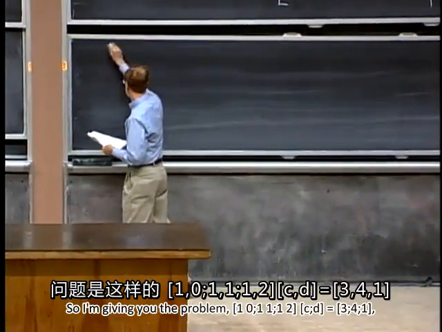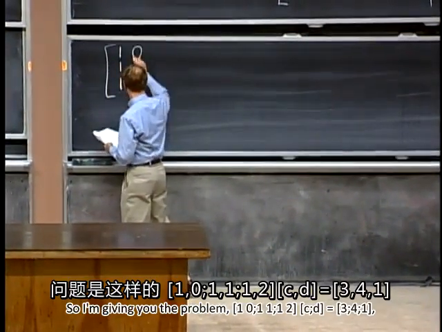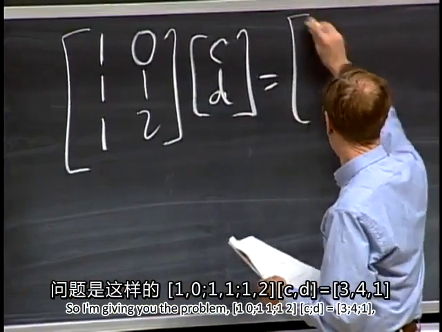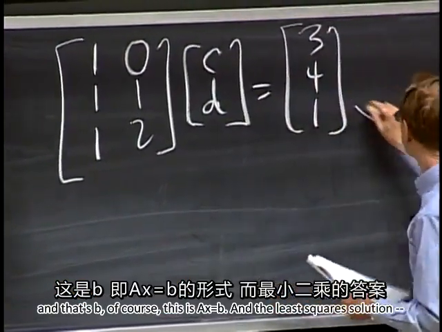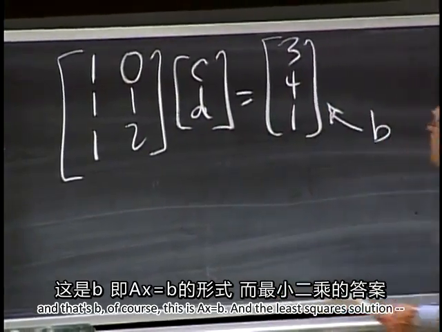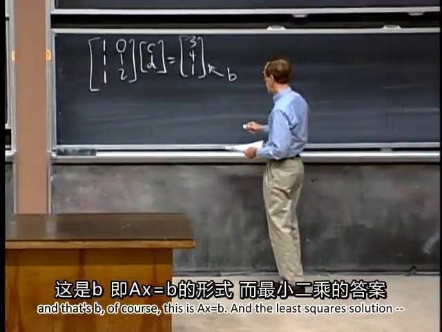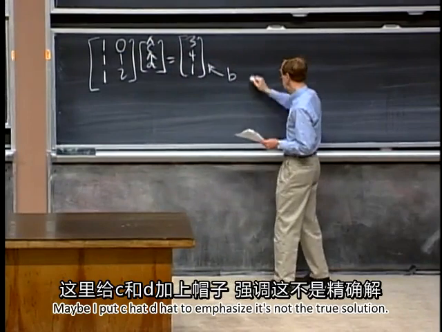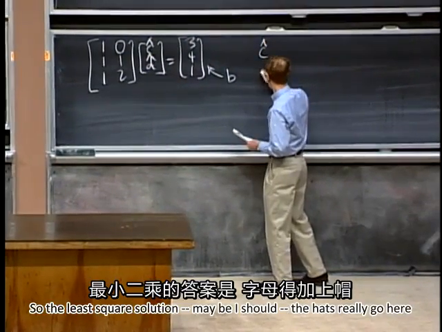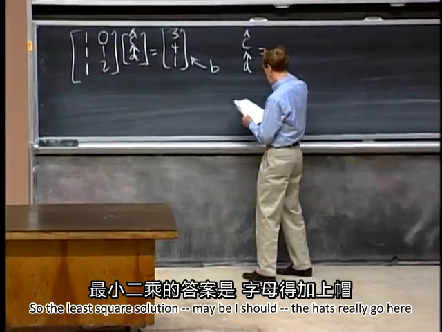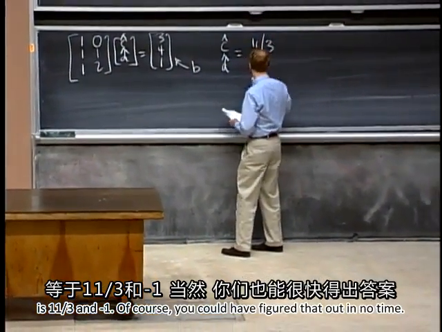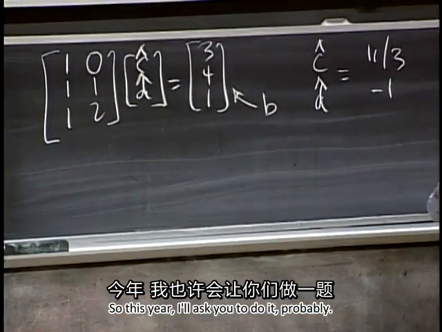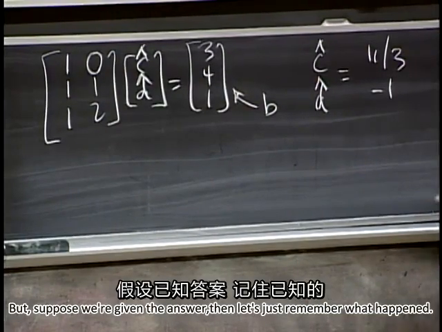Okay. Least squares. So I'm giving you the problem. 1, 1, 1, 0, 1, 2, times C, D equals 3, 4, 1. And that's B, of course. This is A, X equals B. And the least squares solution, so may I put C hat, D hat to emphasize it's not the true solution, so the least squares solution is 11/3 and minus 1. Of course, you could have figured that out in no time. So this year I'll ask you to do it, probably. But suppose we're given the answer,